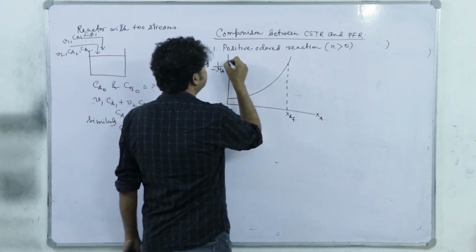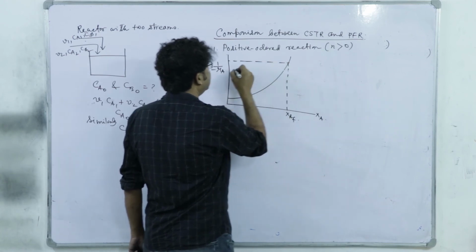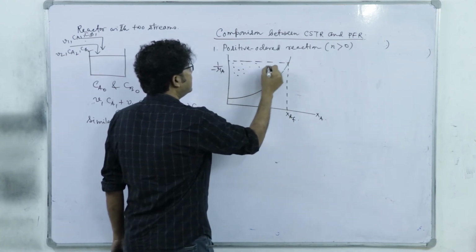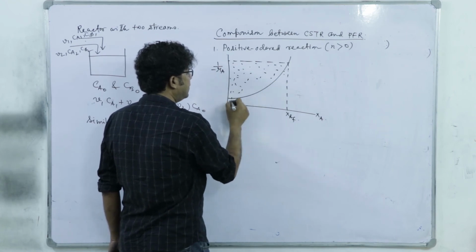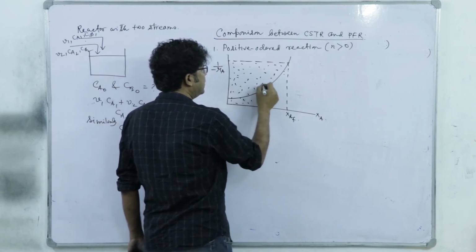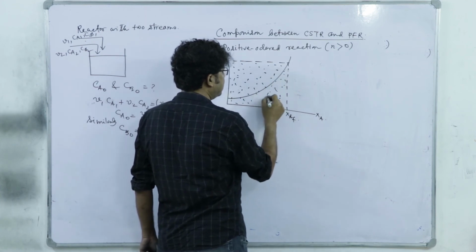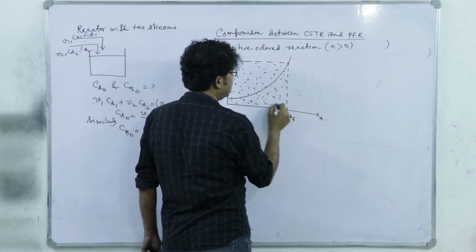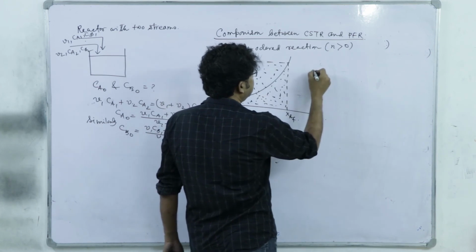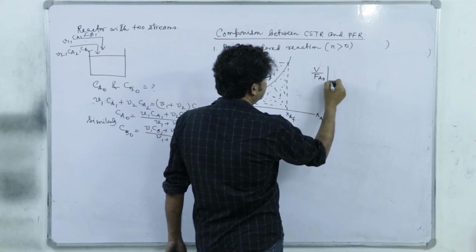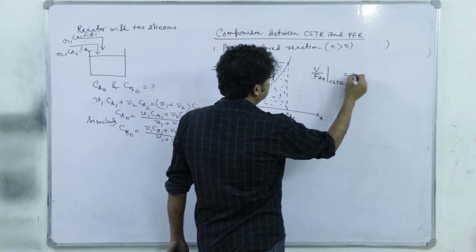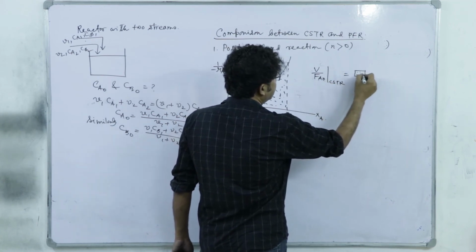So, what we have discussed so far, this dotted area will be the V by Fa0 or tau by Ca0 for CSTR, right. So, V by Fa0 for CSTR equal to this dotted area,